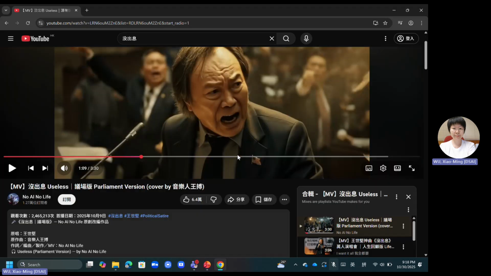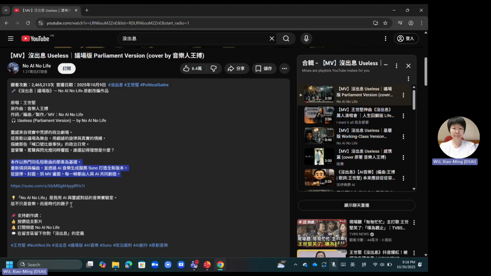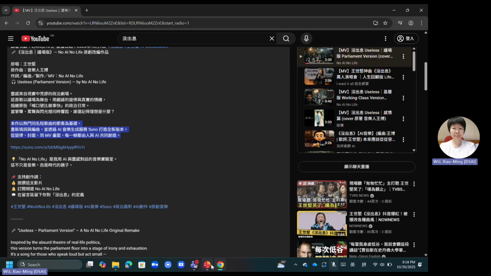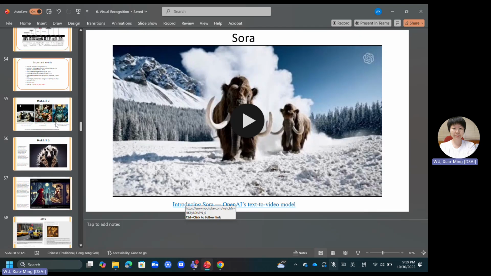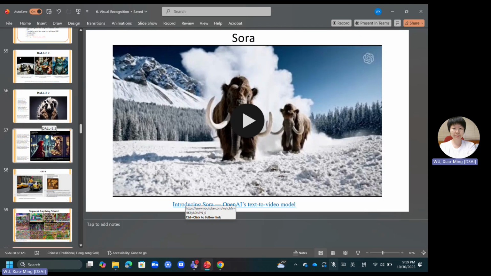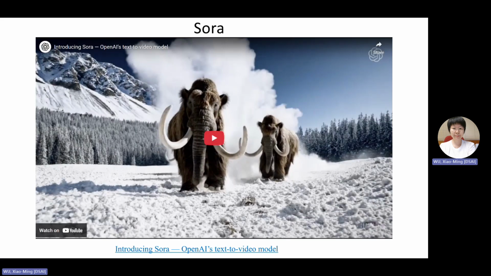Anyway, I think this is a very nice example, and this is a very popular song recently. The music is also AI assisted. The music is also generated using AI tools. So these are examples that demonstrate the capabilities of AI models. And surprisingly,